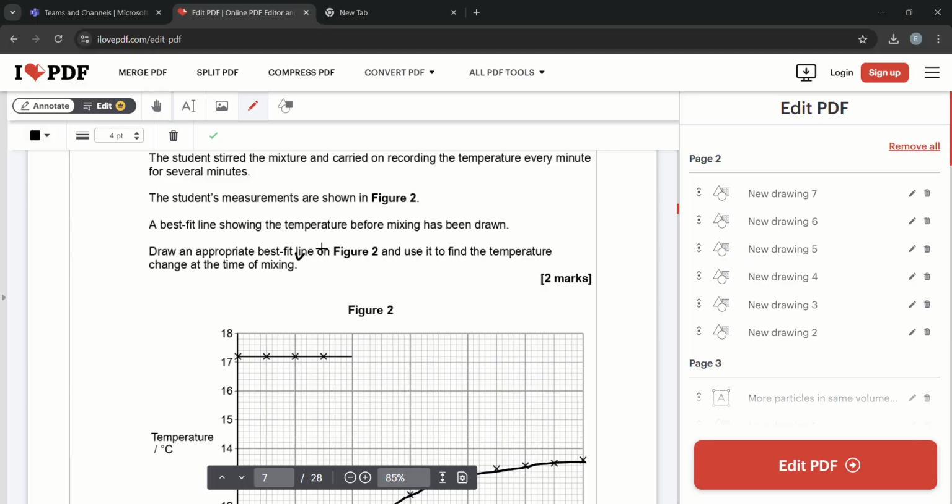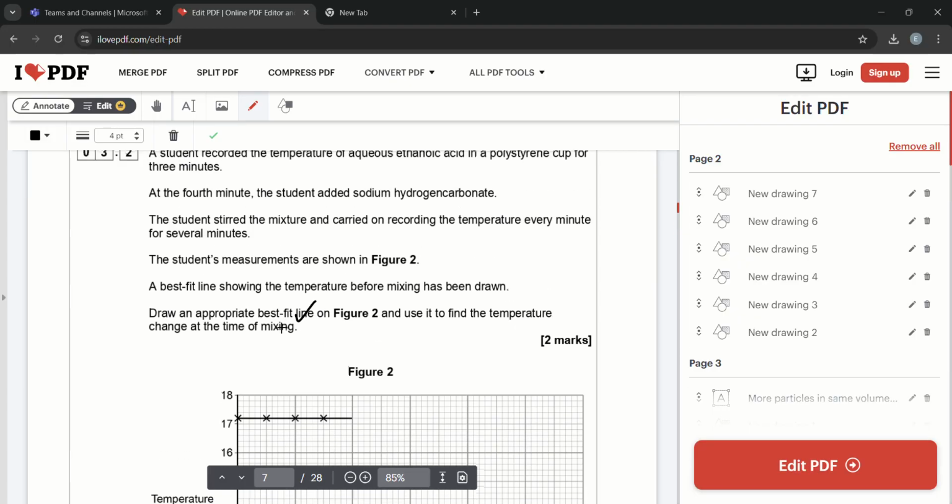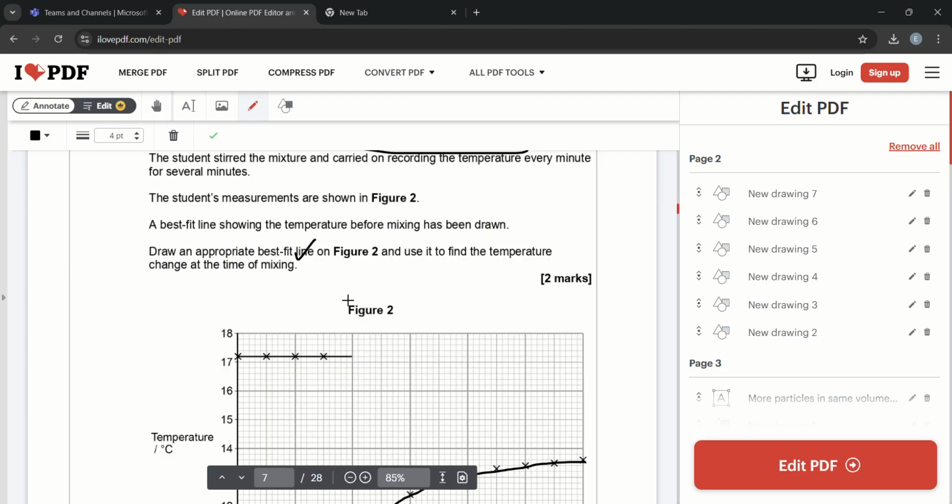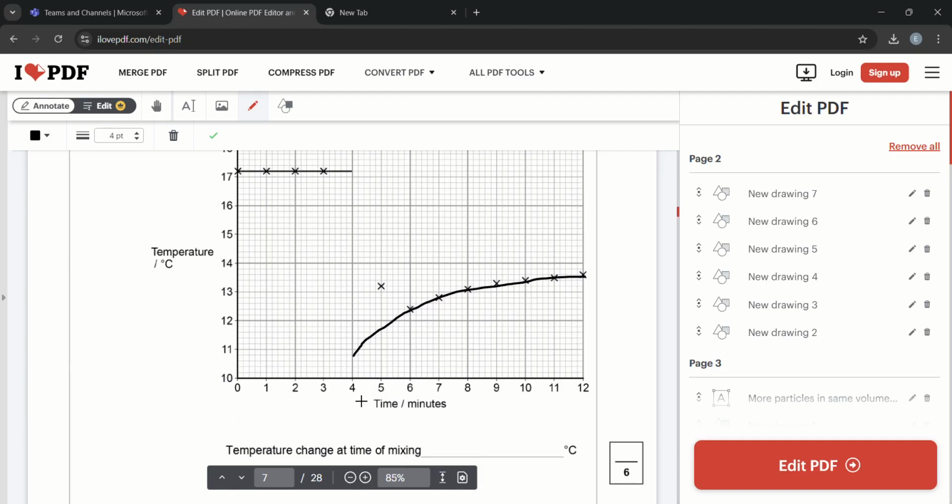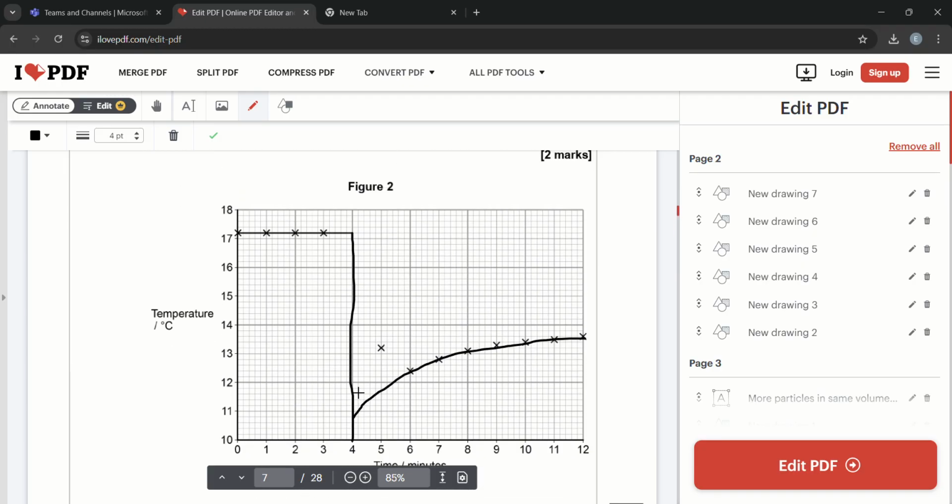So that's already done. And then use it to find the temperature change at the time of mixing. Well, the student added the sodium hydrogen carbonate at the 4th minute, and once you add the sodium hydrogen carbonate, you're going to have to mix it with the ethanoic acid in the polystyrene cup. You can't just leave it in there, you have to mix it, and therefore the student mixes it. The temperature change at the time of mixing is at the 4th minute. And if you just look at the 4th minute, obviously you're not supposed to draw the straight line on the graph, but that's at the 4th minute, and that will give me the temperature, which is 17.2